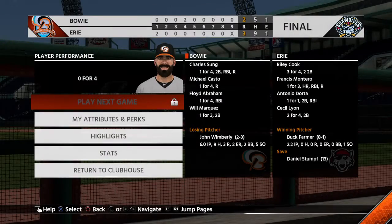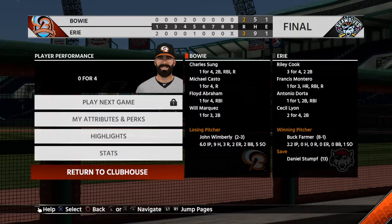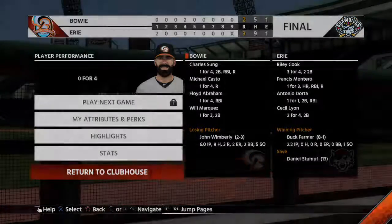A one-run game this afternoon, 3-2 the final finish. Erie used a nice fifth inning to take the lead, and they never gave it back. Buck Farmer wins in relief for the